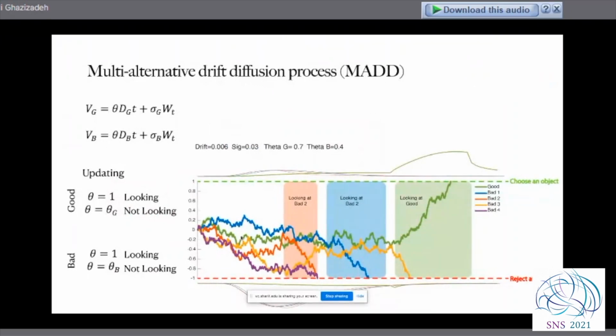So they're using a model we call the multi-alternative drift diffusion process, or MAD. It's a very simple model. For each object we have one diffuser, and diffusion is just a regular drift diffusion process with the Wiener process here, some noise and some drift. And the only thing that we've added here is a variable theta, and theta is 1 when you're looking at an object, you're rapidly accumulating evidence about whether it's good or not,